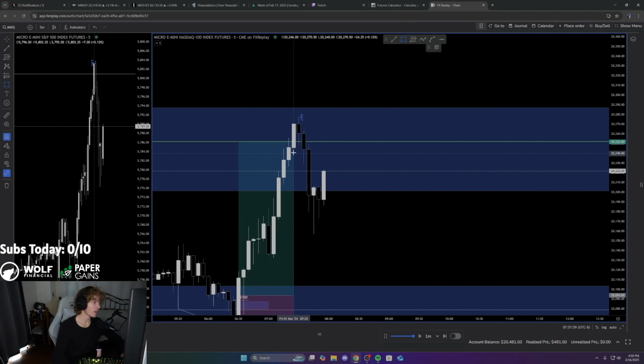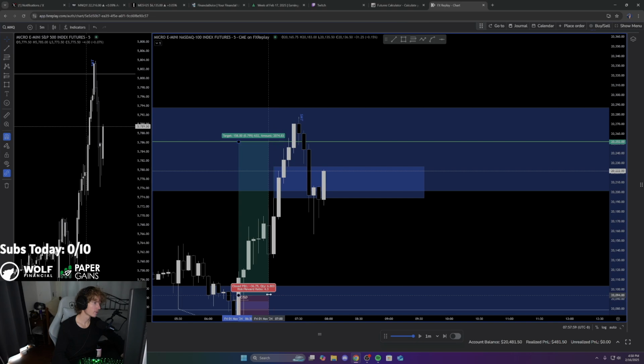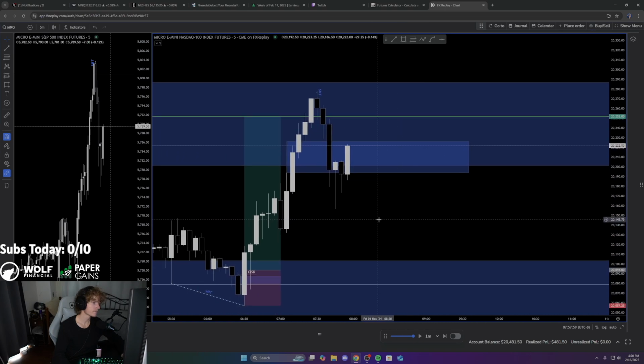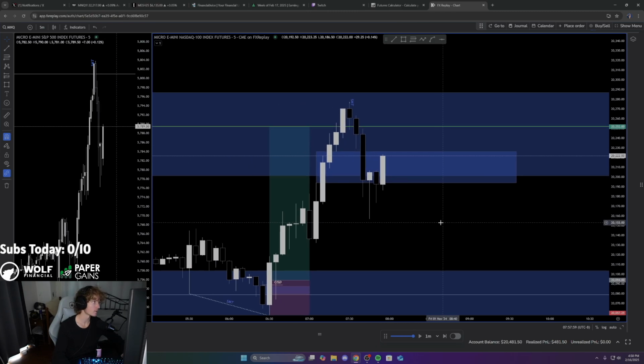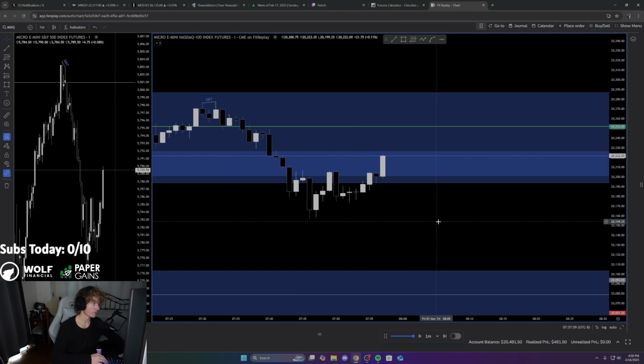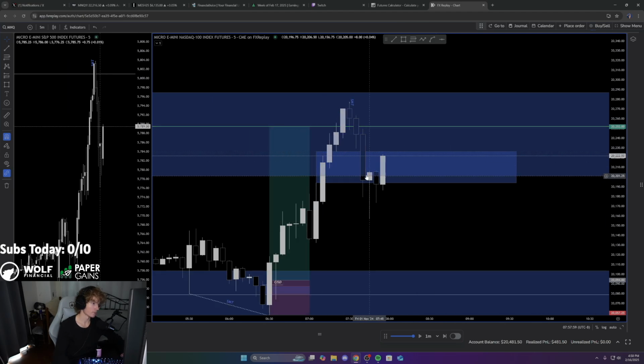So you have all these gaps made. I would have just done that, connected them. So we don't completely run through that. No real candle closures under that, so I wouldn't be extremely bearish quite yet. This is also on a 5 minute. You do have a 5 minute bearish imbalance made.